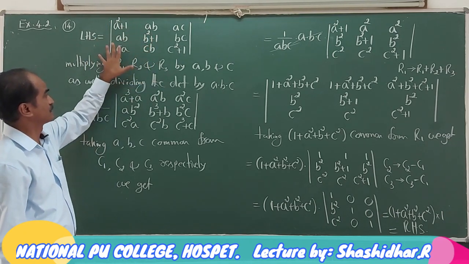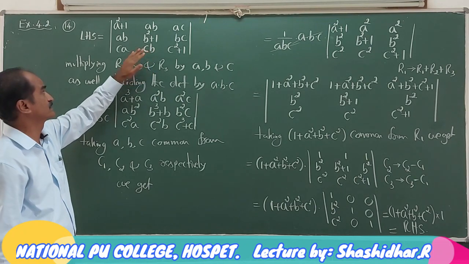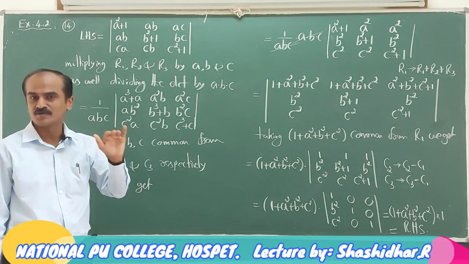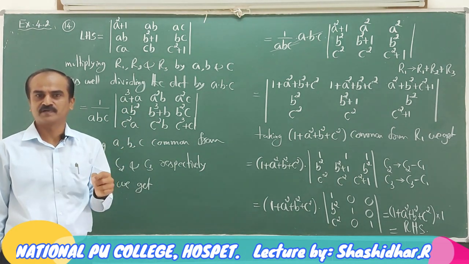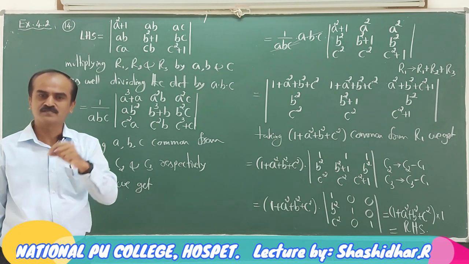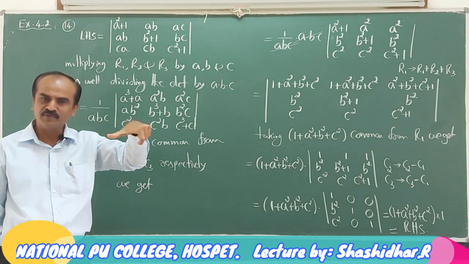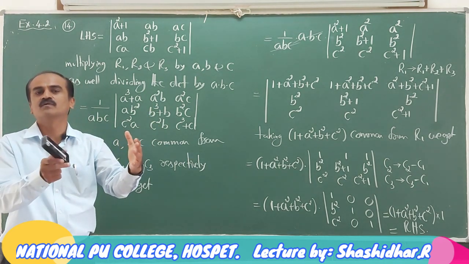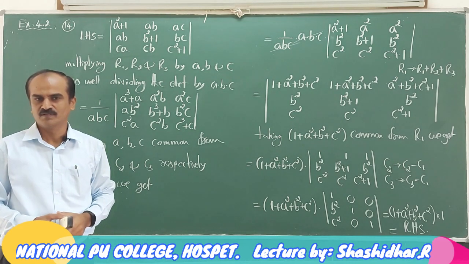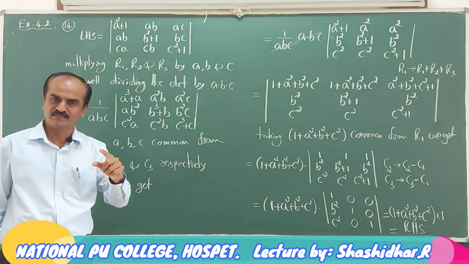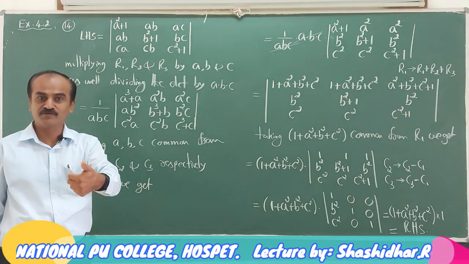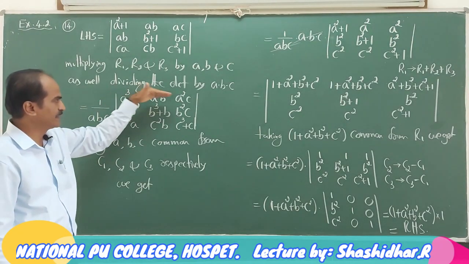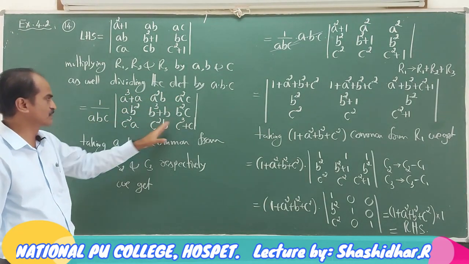To make the changes to the elements of the determinant, what we did is, we multiplied the first row by a, second row by b, third row by c. According to one of the properties, if you are multiplying a constant to a determinant, it is enough to multiply to any one row. Since I multiplied a to the first row, it is as good as multiplying to the whole determinant. So, I multiplied a, b, c. In order to retain the same value, I had to divide the value of the determinant by abc. That is why here 1 by abc times of, I multiply a to the first row, b to the second row, c to the third row.